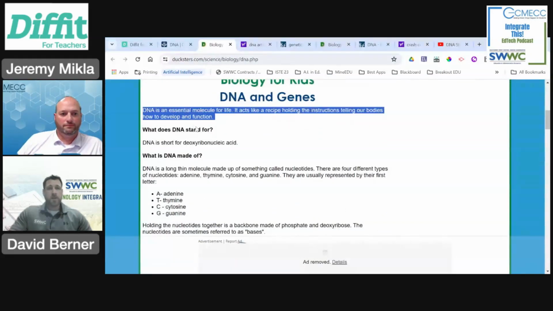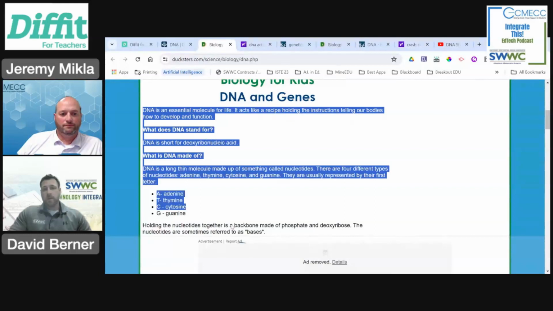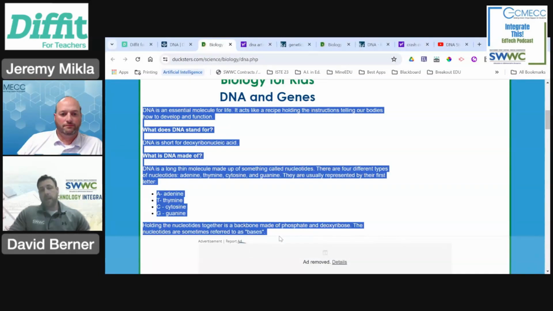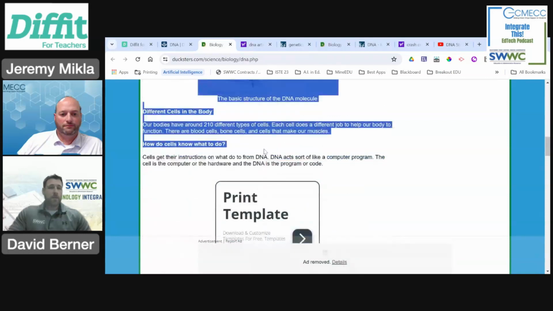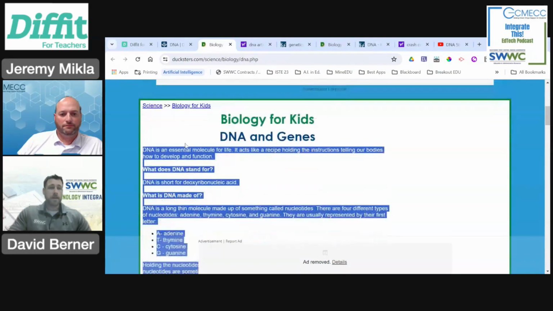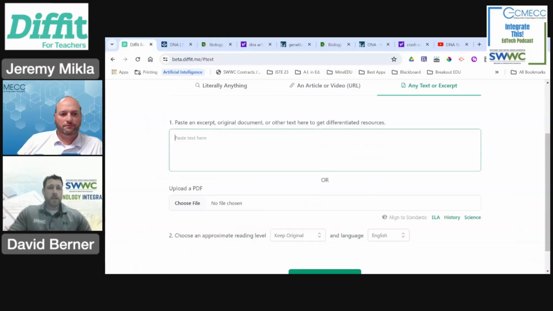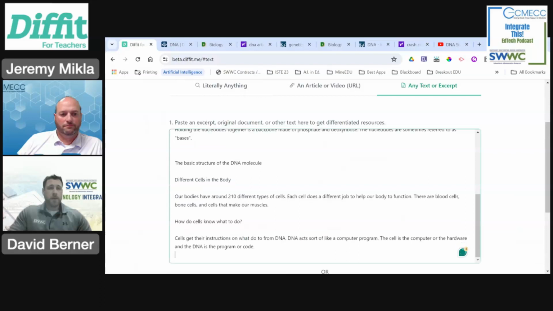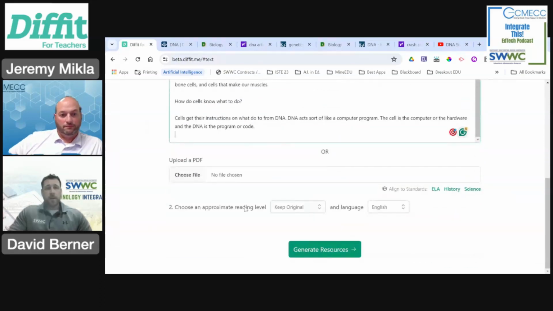So this one is just from Ducksters. They do a number of different content areas, but let's say we want to grab this here. We're going to take this text and copy it and then paste it into this area. And then from there, whatever the text is that you're inputting, you would just go to your approximate reading level